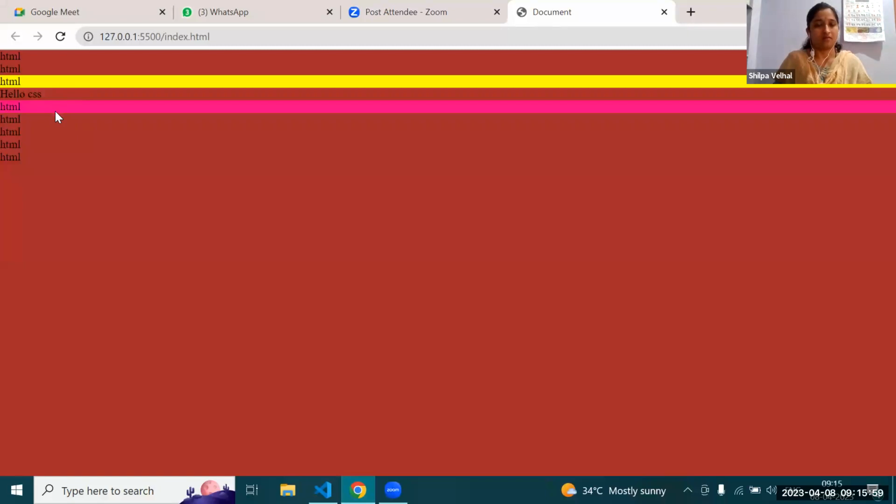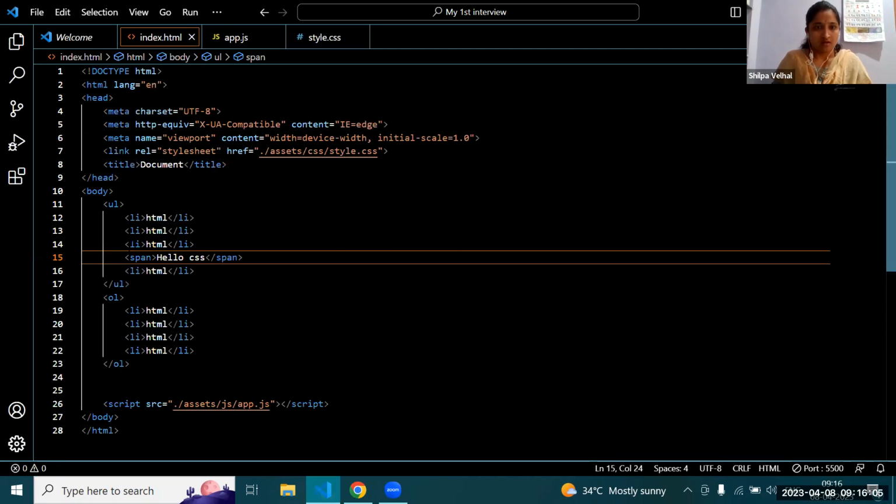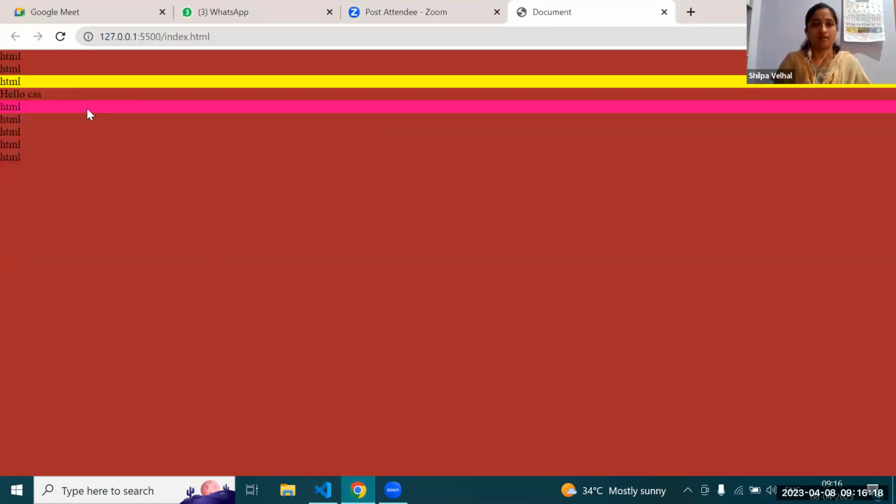This is nth-of-type. It means, sir, we call the fourth element, but there is a span available. Take another element, sir, and apply CSS on the fourth type in the UL.